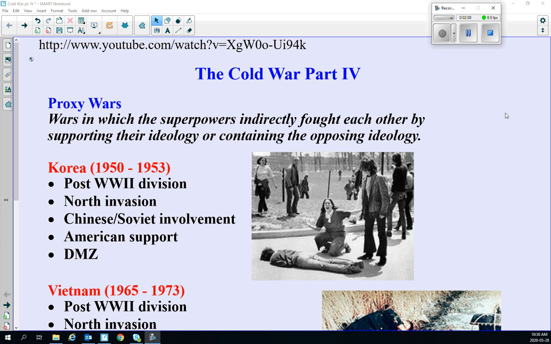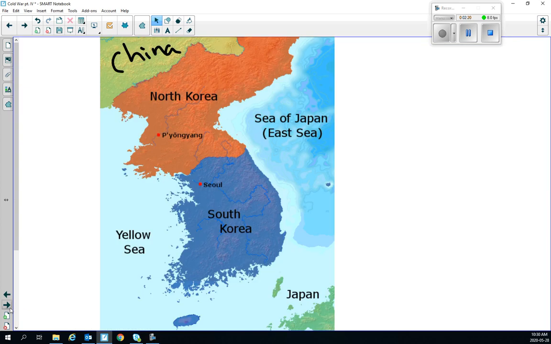The two we'll study today will be Korea and Vietnam. You've probably heard about Vietnam. Korea is a lesser known war, so let's get into it. You need to understand a bit of the historical background behind Korea before we can get into the lesson. So you need to understand that in the years leading up to World War II, Korea was actually conquered and